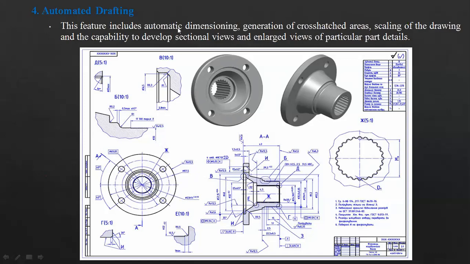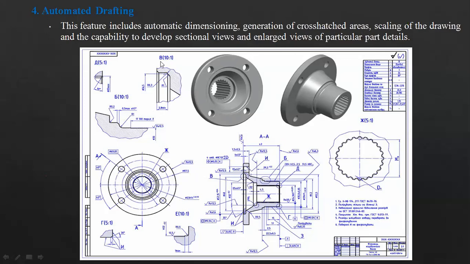So automatic dimensioning, generation of cross hatch areas, right? You need not draw those hatched areas as well. The computer will do it for you. Cross hatch areas, scaling of the drawing, isn't it? As you can see here, where is that B in the drawing? Here. You see here, that B is now enlarged here.